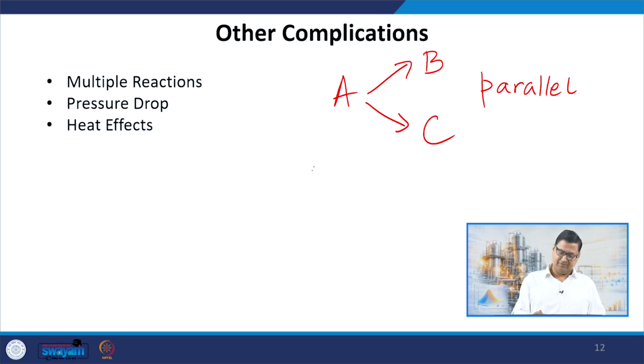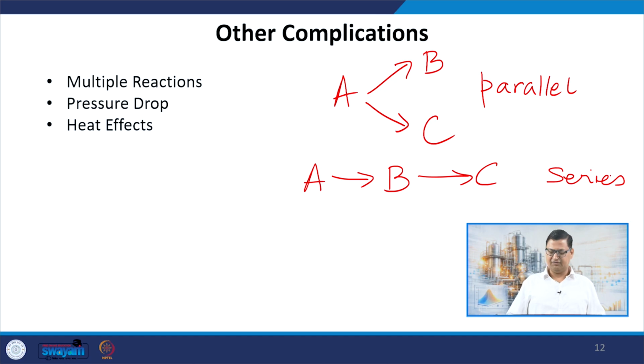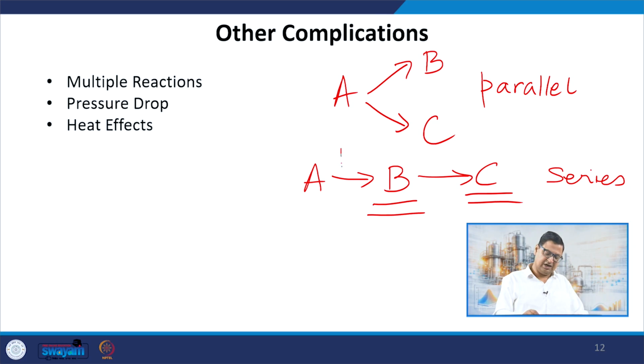We can also have a series reaction, A going to B and then going to C. In that case, if I really wait long enough, we are going to form C, but if I do not wait long enough, then we are going to form plenty of B. Now the question is, what are the rates for these 2 reactions and what are the orders for these 2 reactions, right? And again, as I had said earlier,